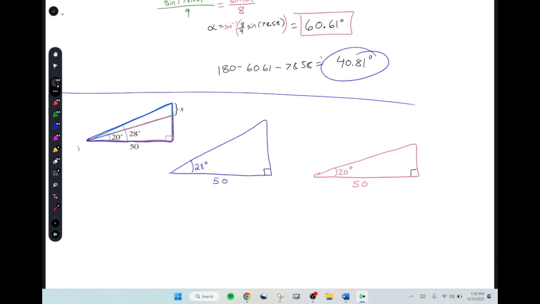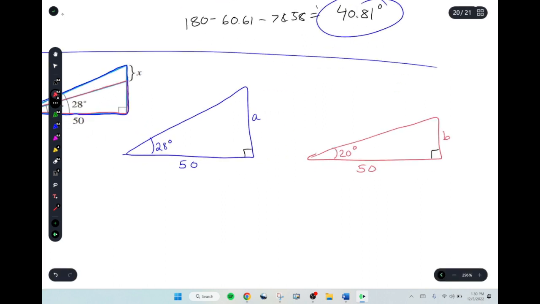So what do we want to find? We probably want to find this side. Let's call it A. And this side, let's call it B. That'd be sweet if we could find those two sides. Is there a formula that lets us find those sides? Is there some formula that lets you take an angle, call it theta, and use the opposite side